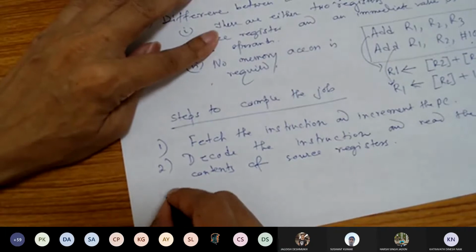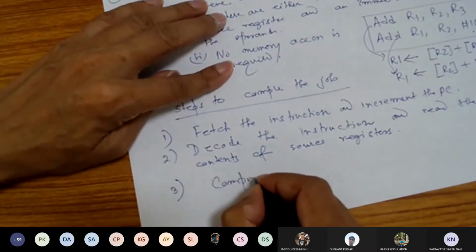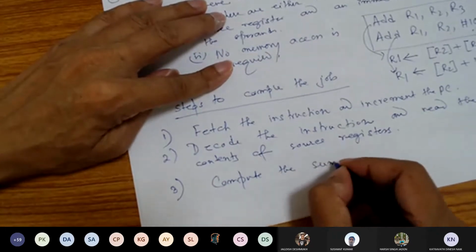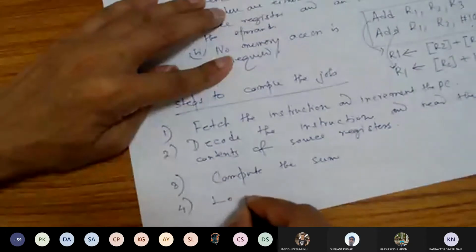Then third one, compute the sum. Fourth one, load the result